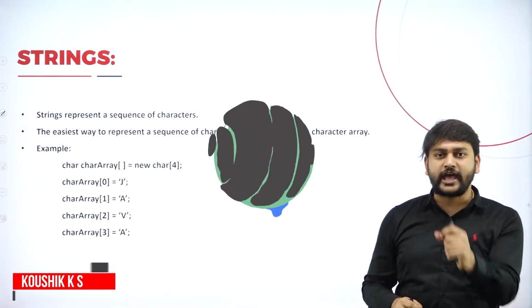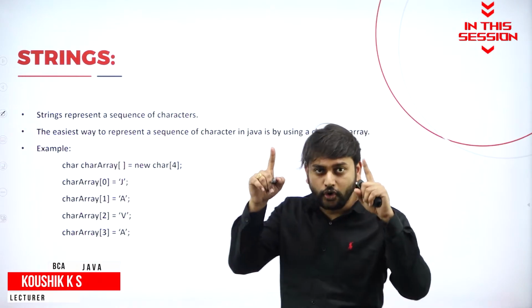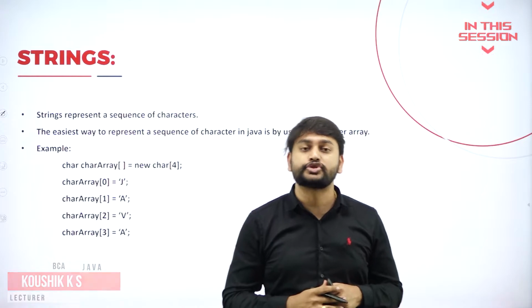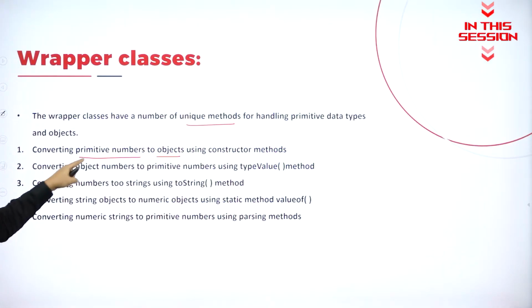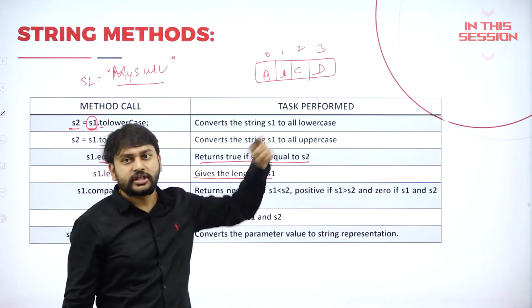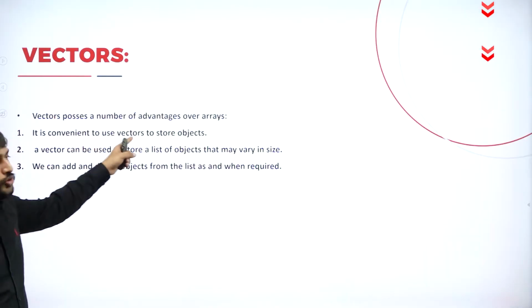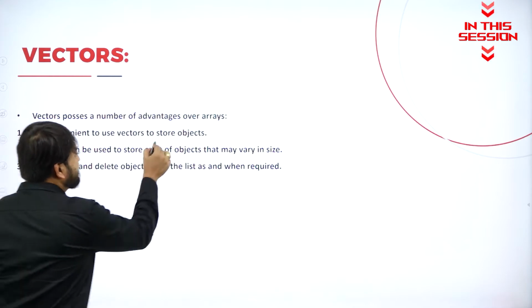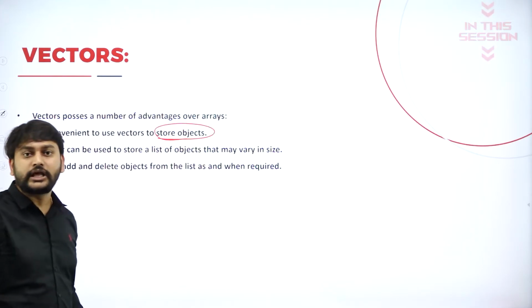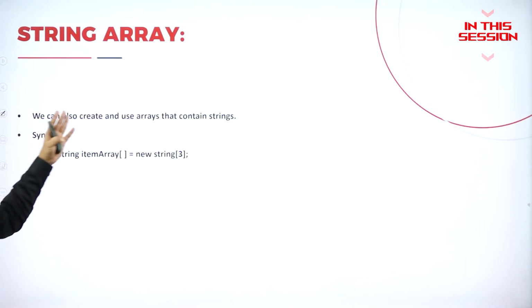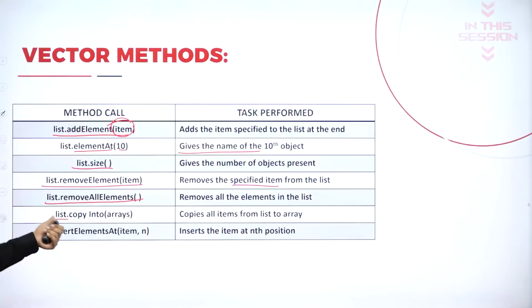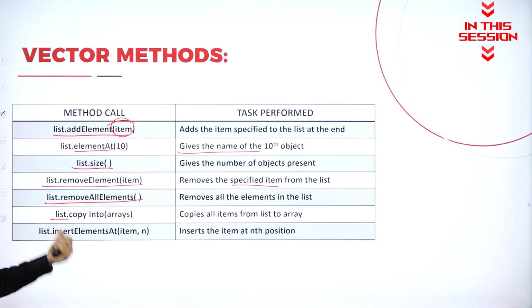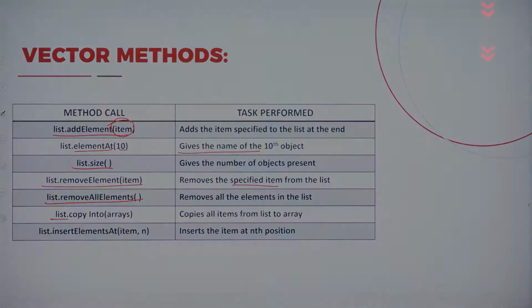A collection of characters which is enclosed between the quotes is what I will call strings. If I ask you how do you convert the primitive numbers to the object, most of you will say that by looking at the index they will say 3. It is convenient to use the vector to store the objects. I'm not storing the values in the vector. How exactly do we create the string array? We have already seen that whatever elements you have in the list will be copied to the array.